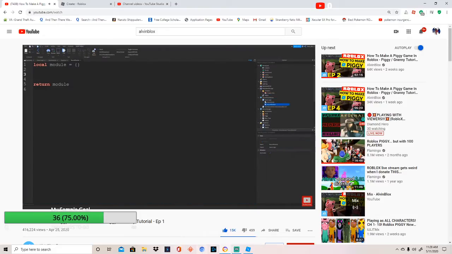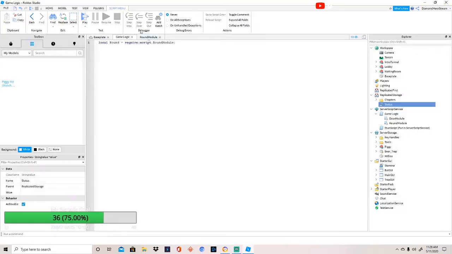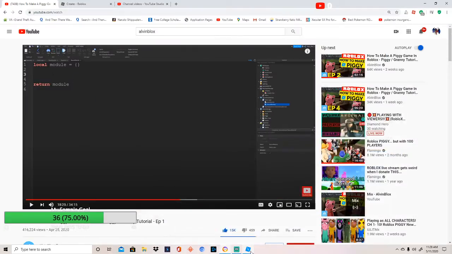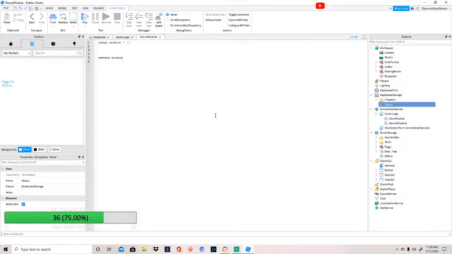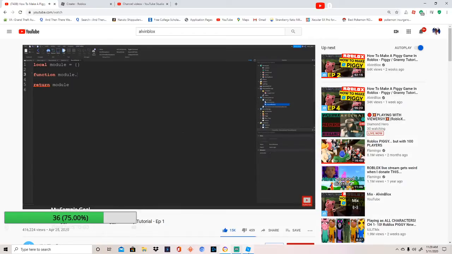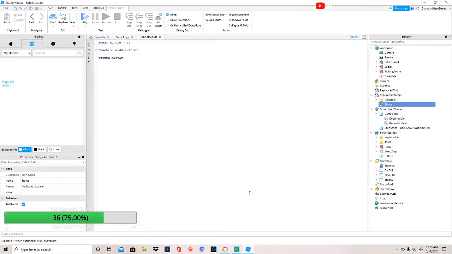So in the round module, we're going to create our first function. To do that, it's very, very easy. We just need to say function module, and then we give it a name. So we have to say module first to tell it that it's part of this table that we want to send back to our game logic script. So function module, and I'm just going to call it intermission with a capital I. Okay, like this. So for module.intermission, and then we're going to have a pair of parentheses,